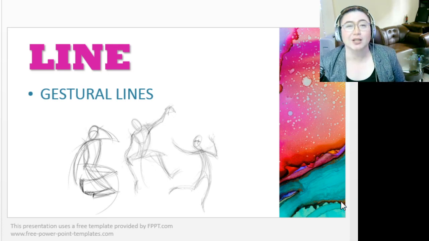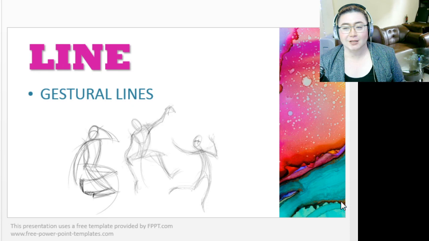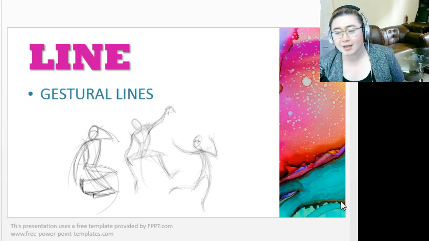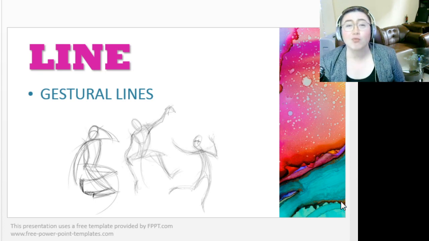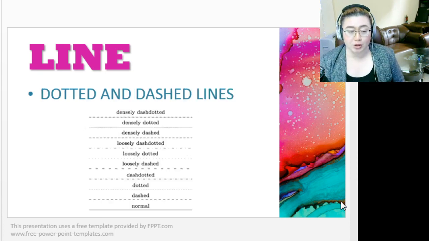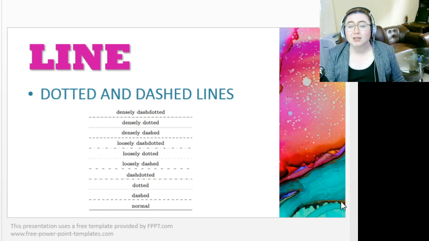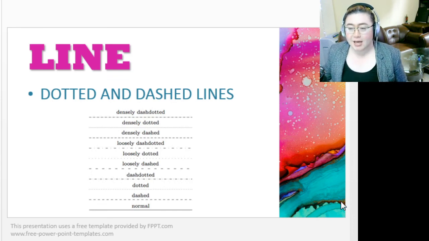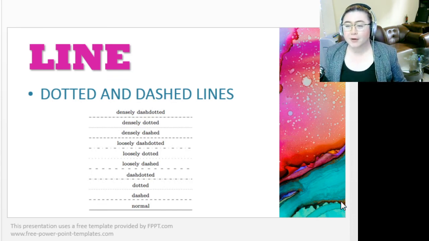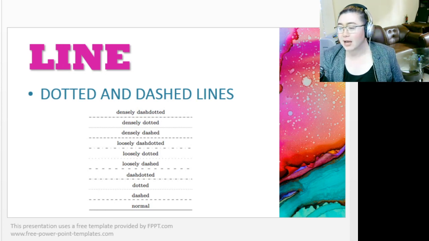Okay? Gestural lines. As you can see in the illustration, these are sketches that have gestural lines. They depict or show movement or motion. Next, we have dotted and dashed lines. As you will see, the first kind of dotted line is